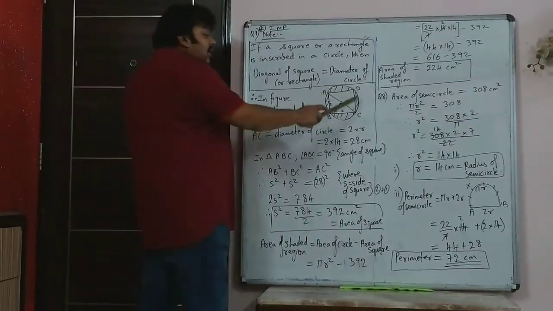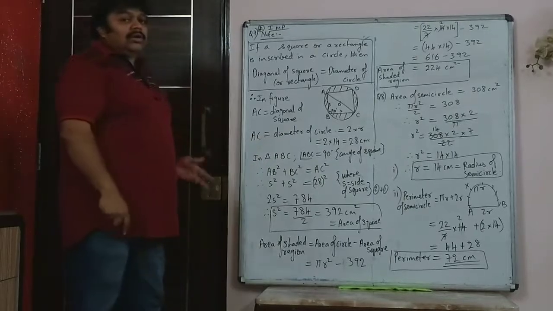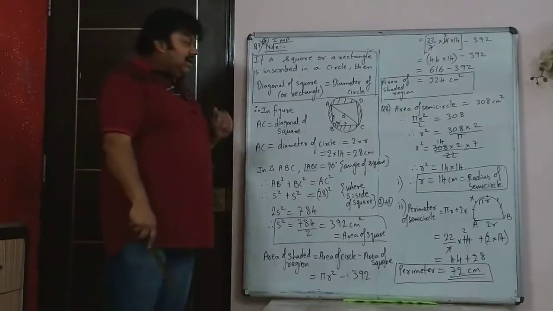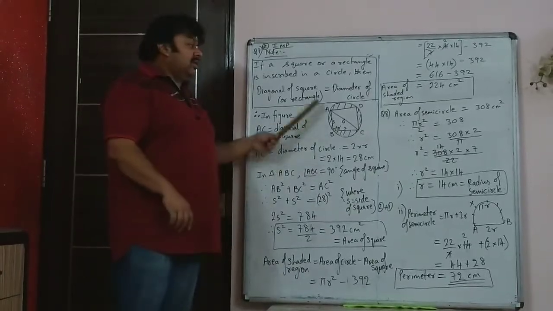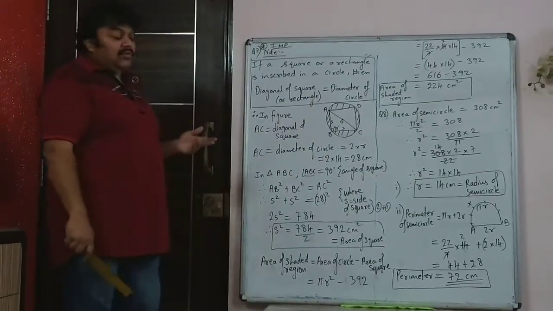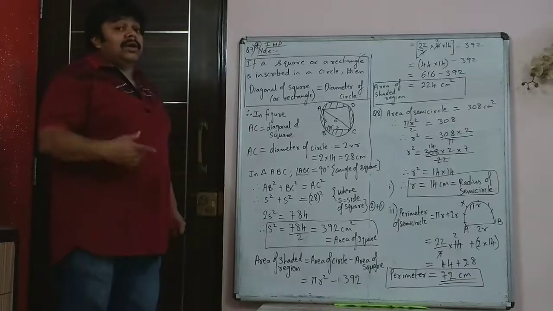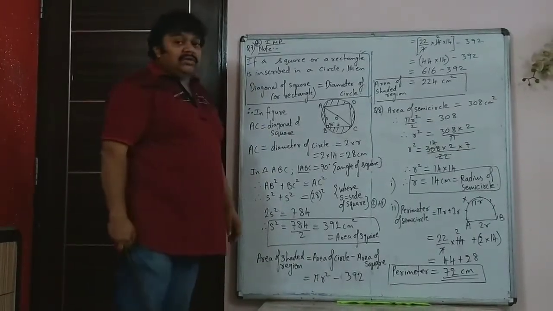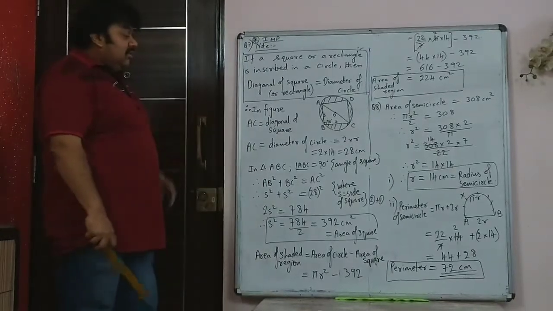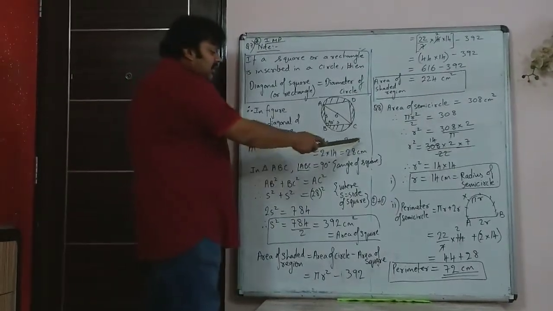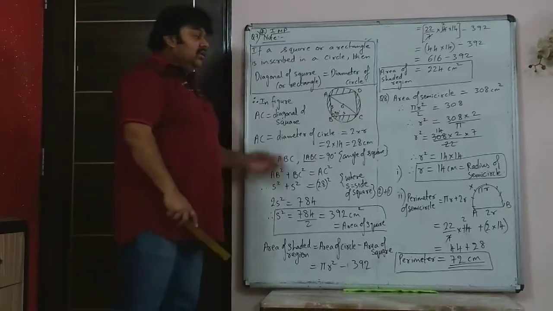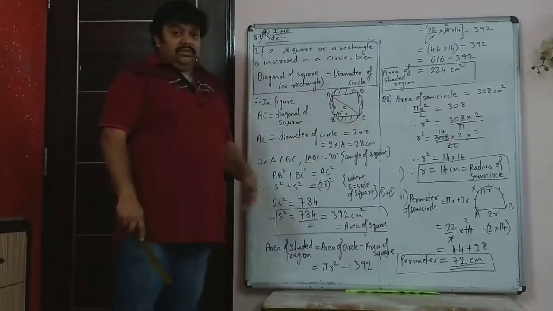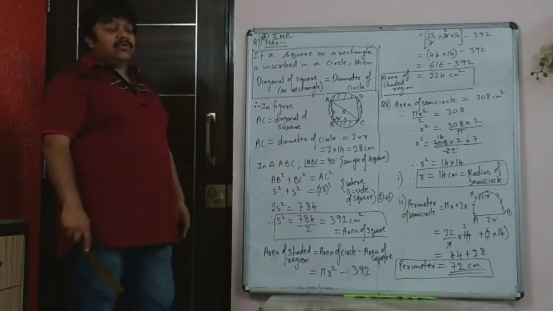So now area of the shaded region, when you look at it, you know it is the circle's area minus the square's area. Square area is side squared and circle area is pi r squared. So we need to find r. For this circle we know the r is 14, which we have used, but now we need to find the side of the square. Only then we can find side squared.